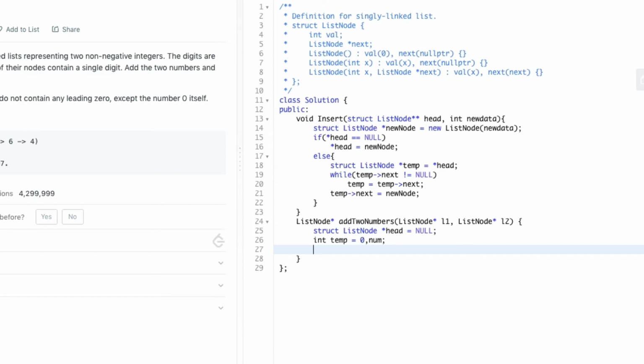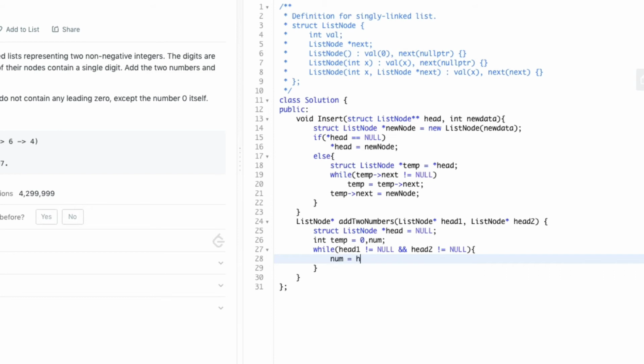As we have seen in the explanation part, we can begin with the actual algorithm, which is while both the head pointers are not equal to null, we make the value of num the value of head 1 plus value of head 2 plus temp.